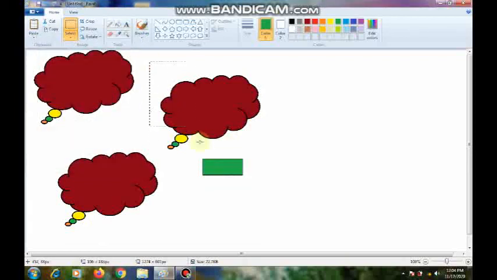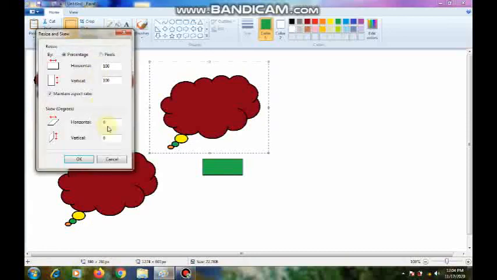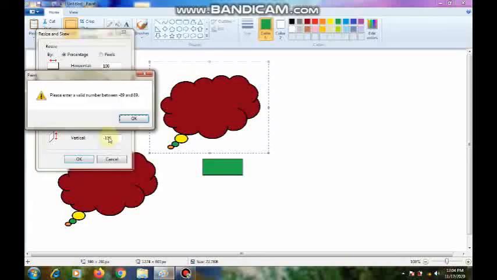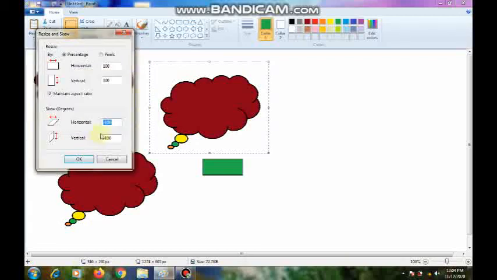So I am taking this one and I will resize this with minus 100, minus 100. The valid range is minus 89 to plus 89.